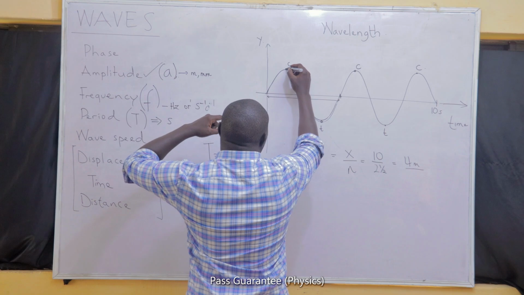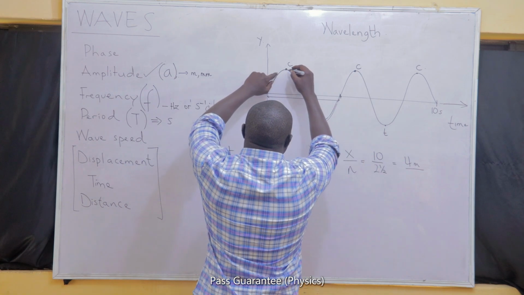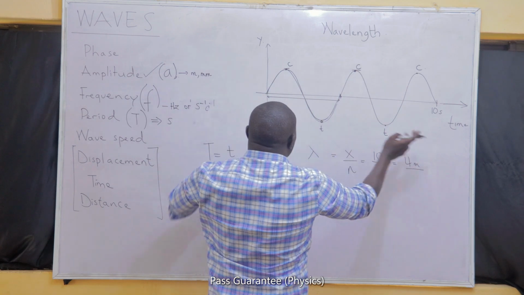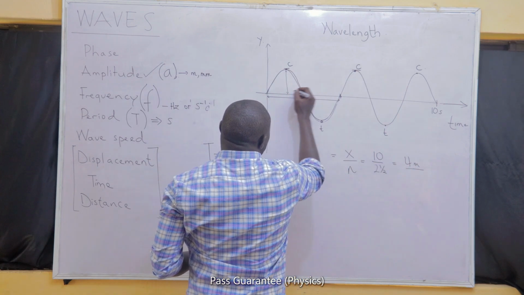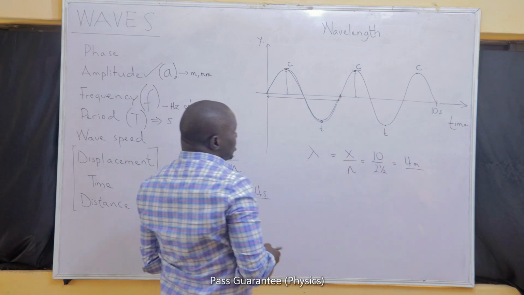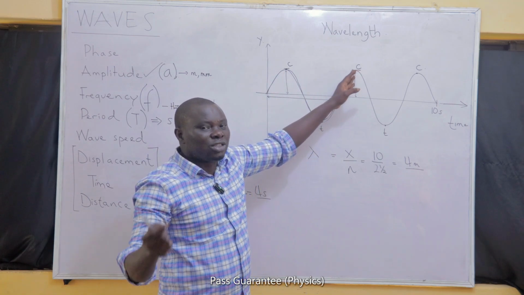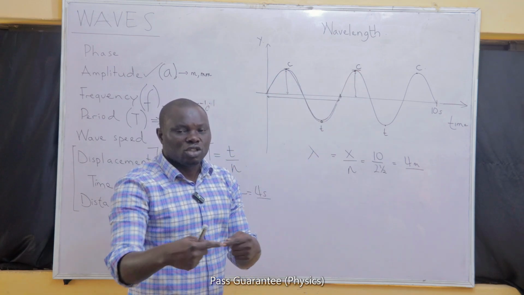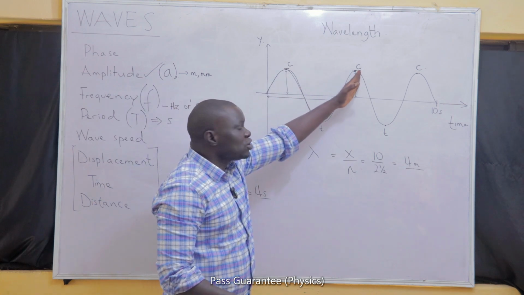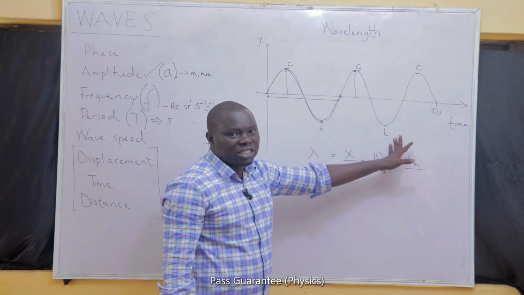From what we discussed under points that are in phase, I hope you will know that one crest and the next crest are in phase with each other. Why? They are in the same direction. In fact, the crest is the maximum point. There's no movement at the crest. There's no movement at the trough. And the two of them have the same displacement. So two successive crests also make up a cycle, because I told you that two successive points that are in phase make a cycle. Two successive crests that are in phase make a cycle. Two successive troughs that are in phase make a cycle.